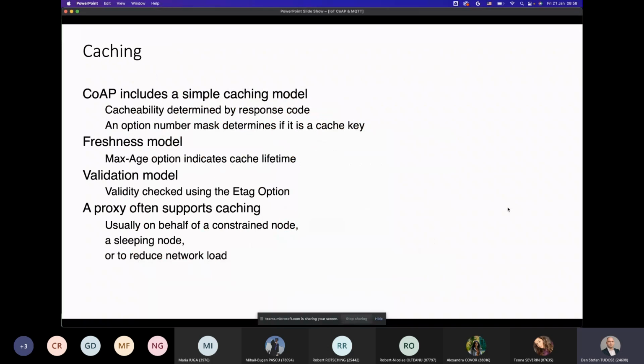So let's talk more about caching then, because CoAP includes a very simple caching model in which you can actually store information on other devices than their originating source. So you have this model where you can actually specify the data freshness.